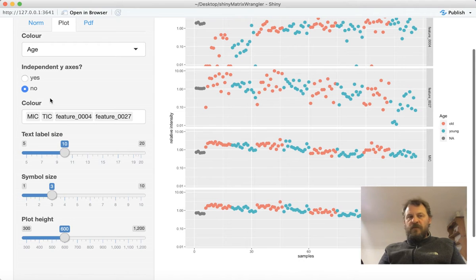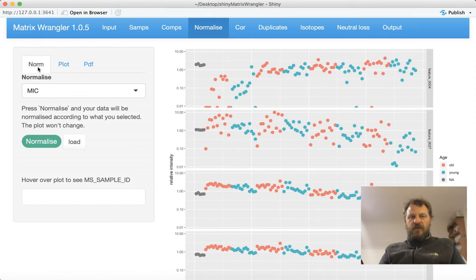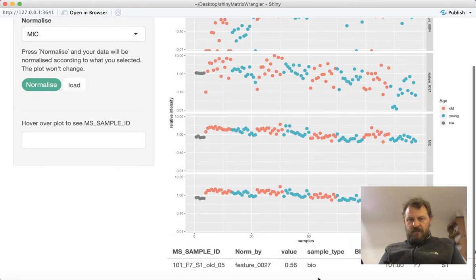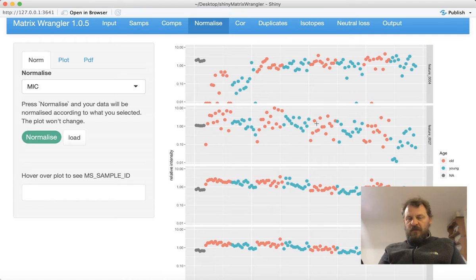This is more of a cosmetic thing that will tell you a little bit which samples you're dealing with. If you hover over here, you see which sample it is, and if you click on it, you can see at the bottom everything that's known about this sample. So you can play around with this plot a little bit,